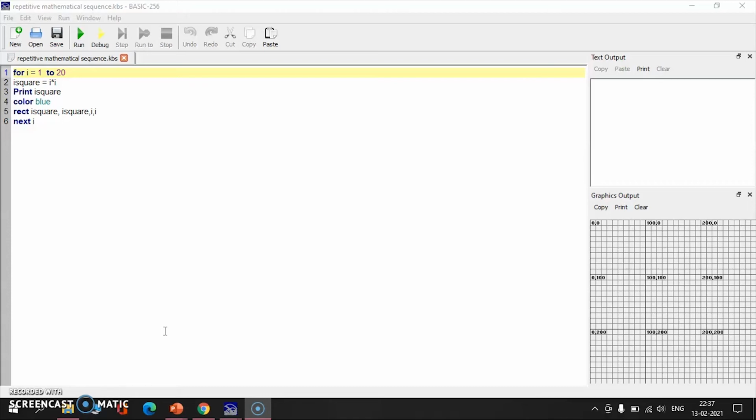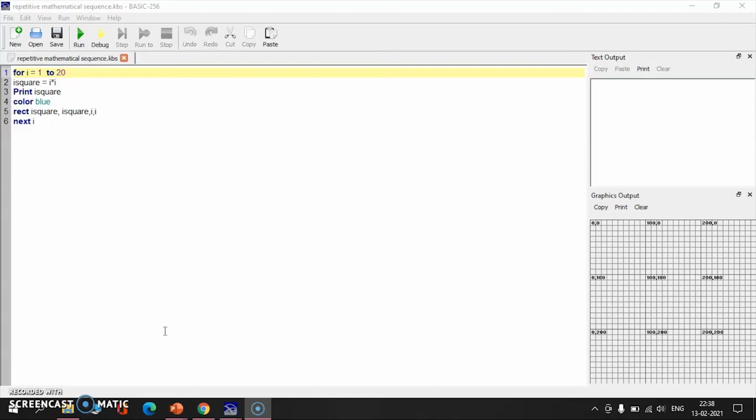Here the word rect means rectangle. The syntax to draw a rectangle, you have learnt in your 6th standard. So rect is nothing but the rectangle. The first two expressions, I square and I square, are the x coordinate and the y coordinate values in the graphics output area, and the next two values describe the length and breadth of the rectangle.